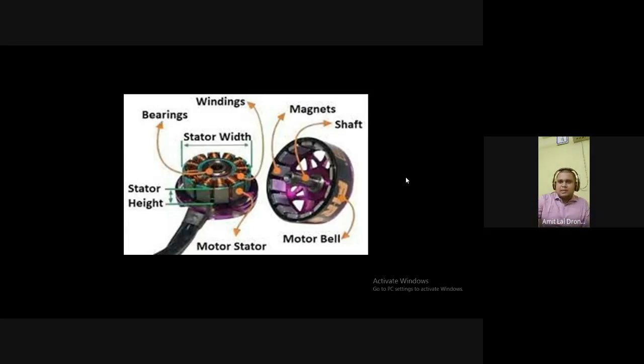For example, let's say this is a north, the next is a south, the next is north, the next is south. So these occur simultaneously, one after another. When these are placed in front of the gray structure that you see on the stator, the stator gets magnetized because of the coiling.